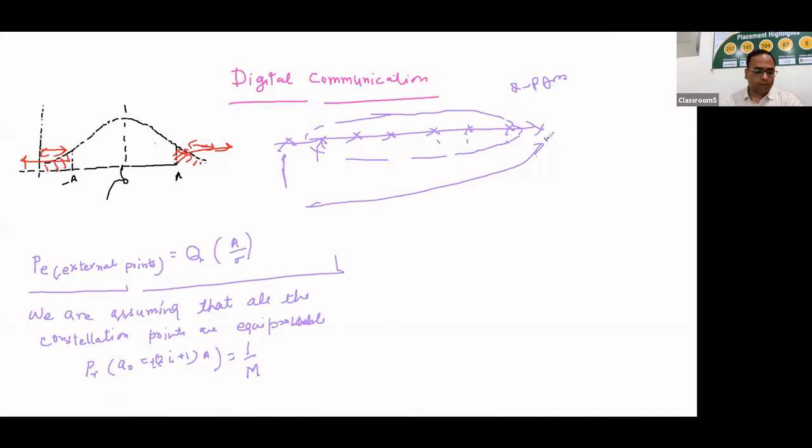Now, if we specifically talk about the probability to have an end point amplitude in our PAM modulation, what can be the probability of that? The probability can be found because we are having total 2 end points, and we will always have 2 end points in the constellation. One end point will be at the right hand side and one end point will be at the left hand side, so the probability can be put as twice upon M.